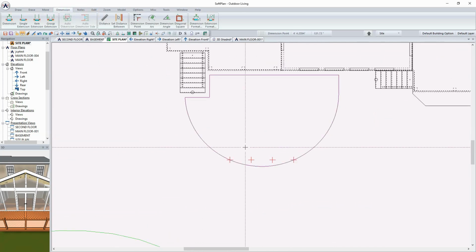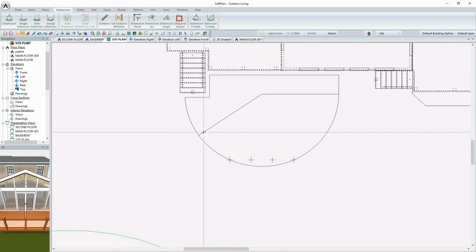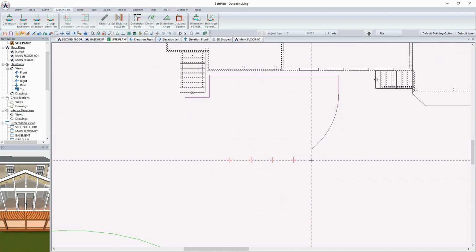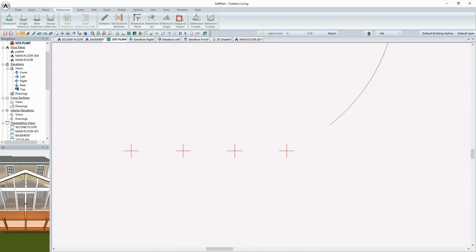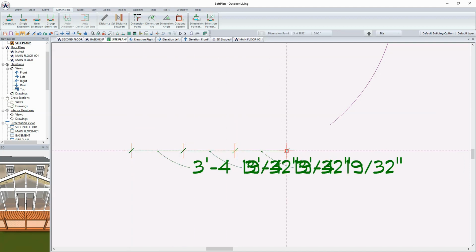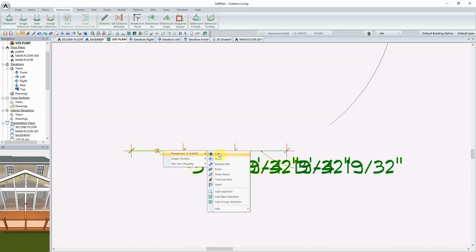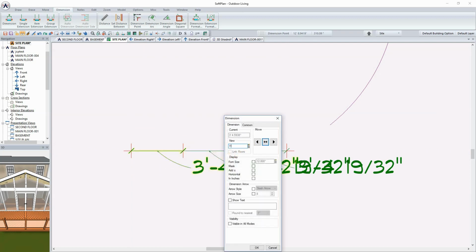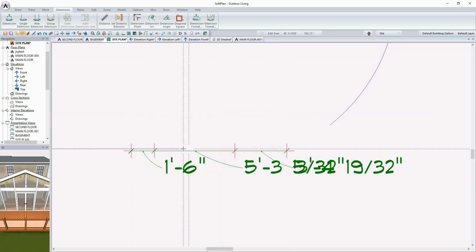What I'm going to do at this stage is adjust this arc out of the way for just a moment. This is going to allow me to come in using the dimension point and now dimension between each of these construction points that we have here. And I can now edit this, and I'm going to set this up at, let's say, 1'6",